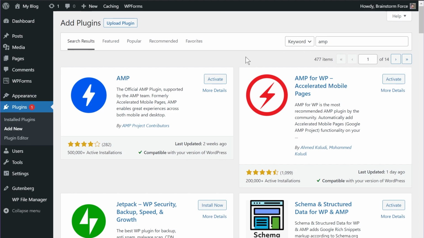As you can see, I already have both plugins installed on my website, but I have both of them deactivated for now. But what you'll do is, instead of this plugin, which we installed in the first half of the video, you'll skip that and you'll install and activate this plugin. So I'm going to do that, and let's see what happens.